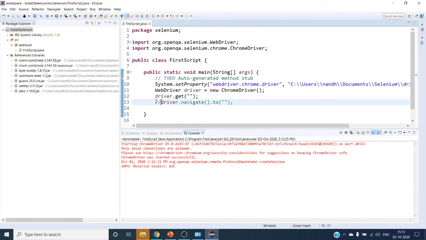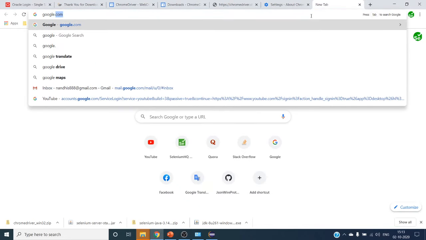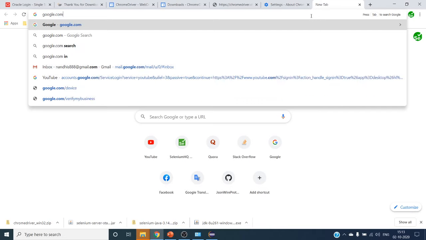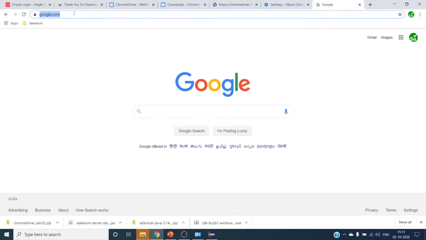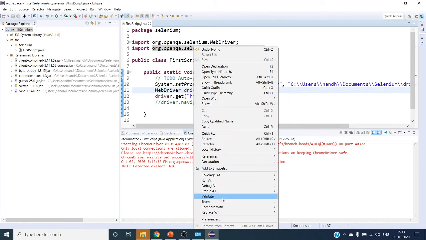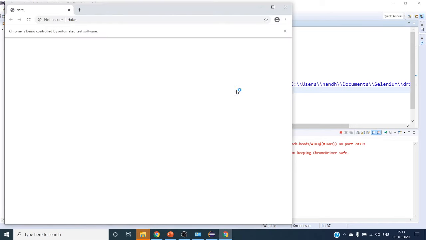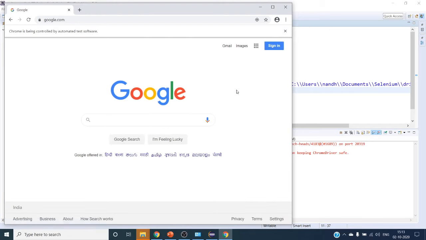Let's see how it goes for the get method. I'm going to launch google.com. Just go here and copy from here, because we should not make any spelling mistake. You can see here just https and www.google.com. Now what will happen is it will directly launch your google.com after creating the browser instance. The first time it just launched a plain web browser with Chrome driver. Now you can see google.com has been launched. You can see the Google web page, right?